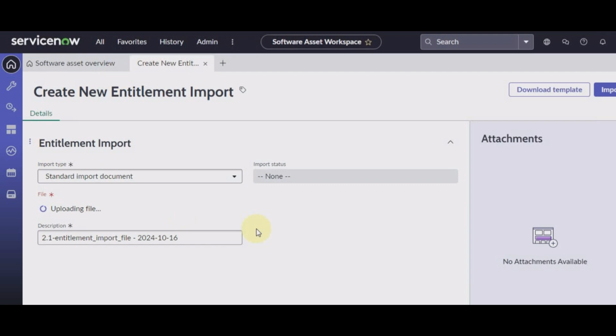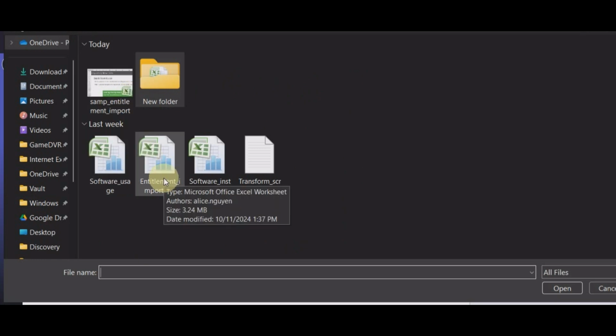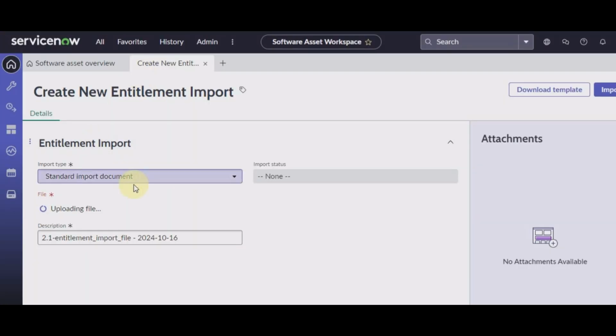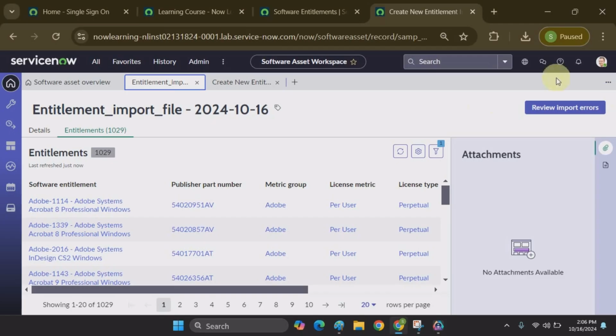So now we will import the data. We will attach the entitlement import file here. I'll just select the file and now import. So this will take some time. So now after the import is finished,